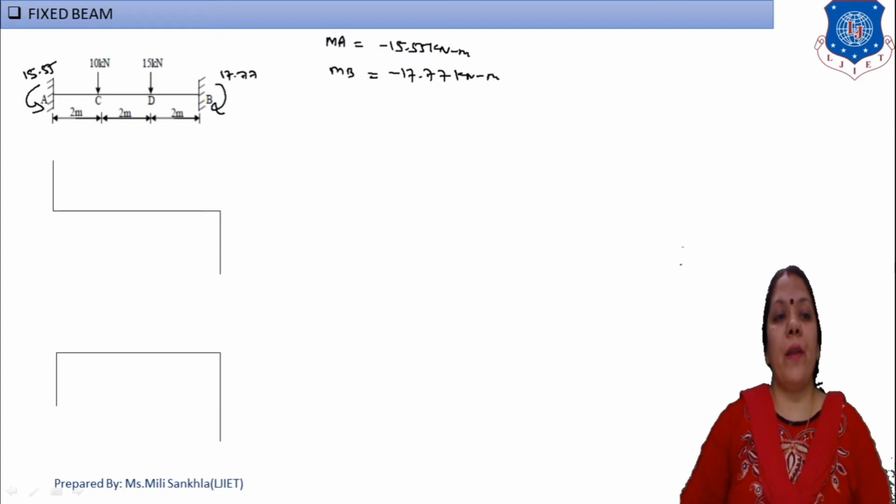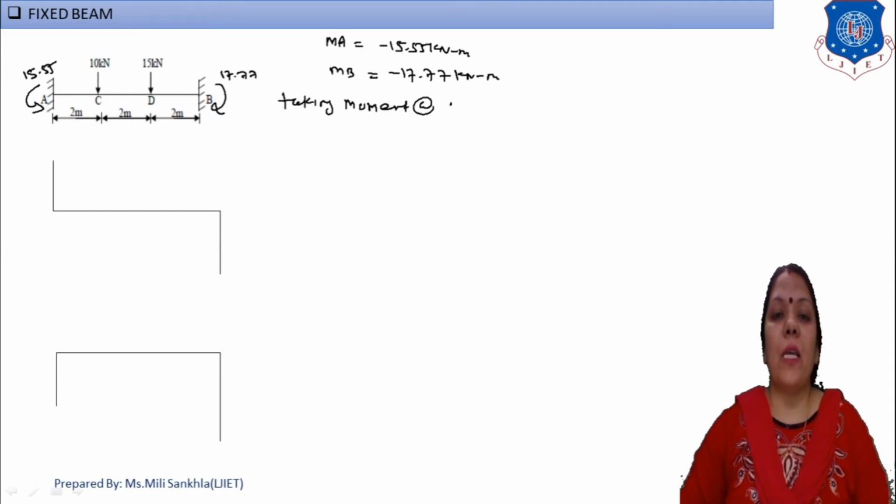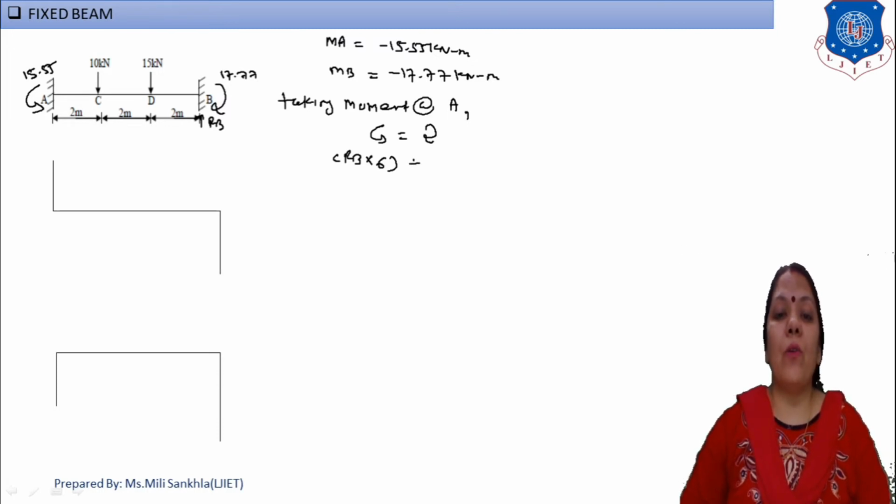Okay, now we find the support reactions for the given beam. So mention here taking moment about A. Now we find the fixed end support reactions. Taking moment about A, anticlockwise moment with respect to clockwise. Suppose our support B, RB, rotates anticlockwise with respect to point A. So write down here RB into distance 6 meter about A. Then this is our anticlockwise moment. Write down on the left hand side